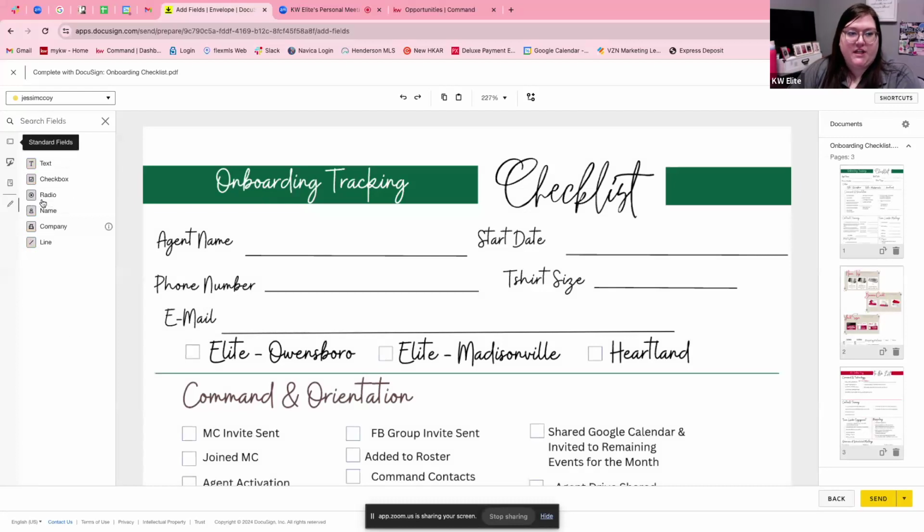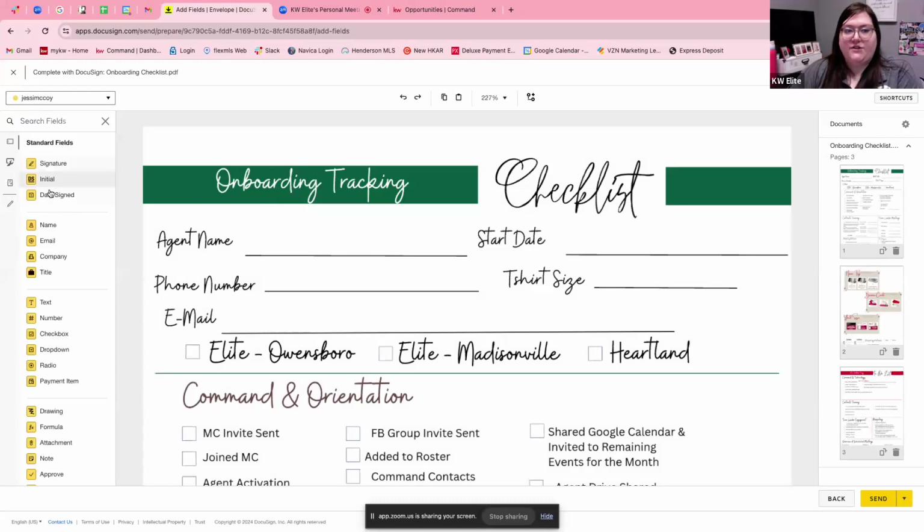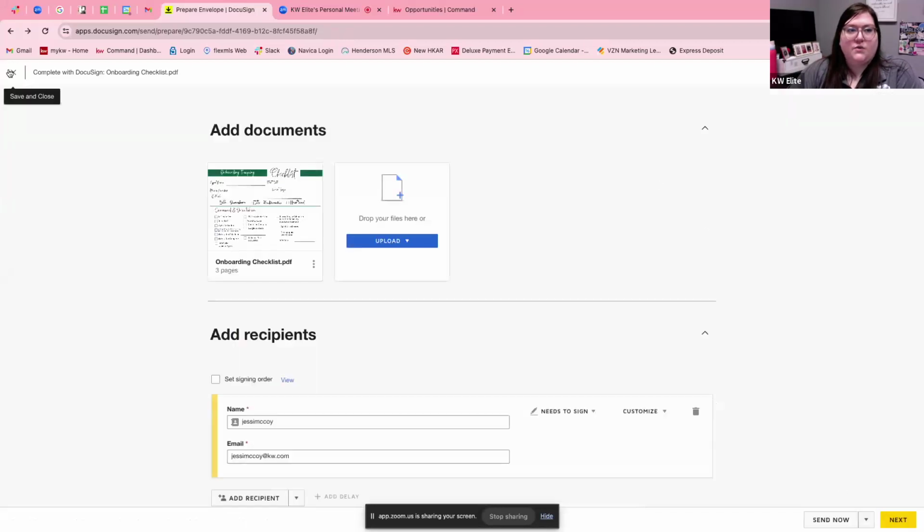You can do the pre-fill so they aren't able to edit it. You have your standard fill options. And then if we had more than one, we could drop down and have that second person signature and it would change to the blue color. And then we would just send from there and it would go on and then it'll come back